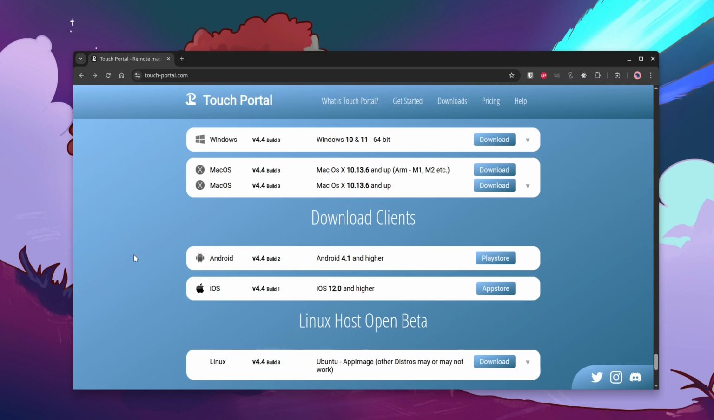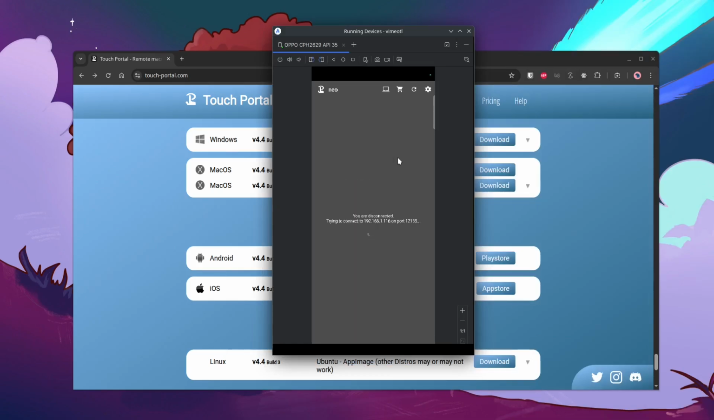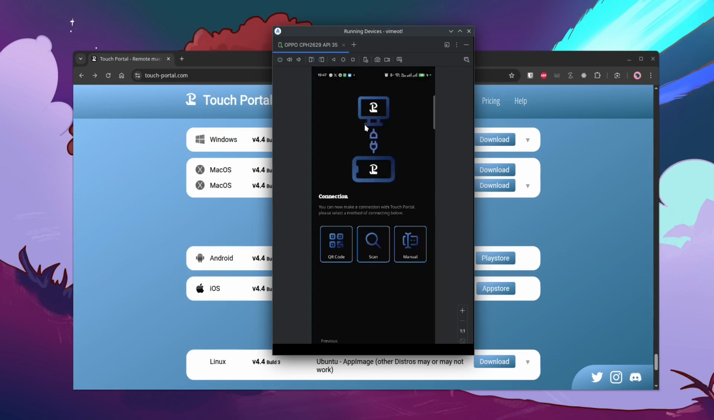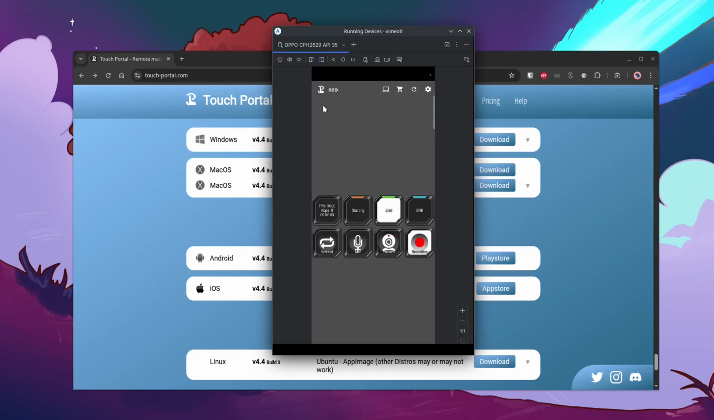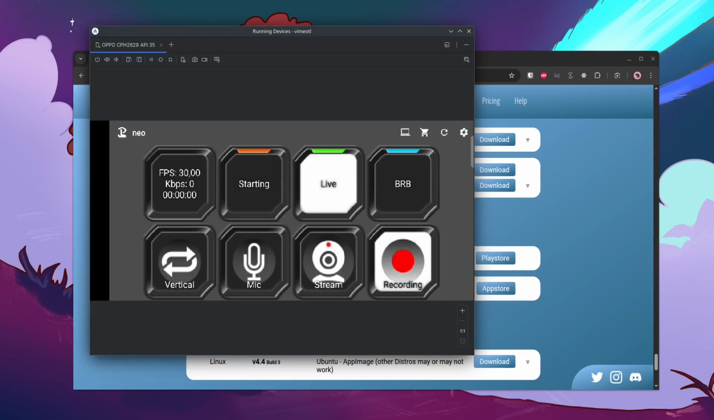Next thing is you want to download the client on your phone. So I plugged in my phone here, Touch Portal, and you can get that from the Play Store. When you open that up, you can go to the gear icon, setup wizard, and go through the setup to set up your device with Touch Portal host on your machine. Then with Touch Portal running on your device, the client,